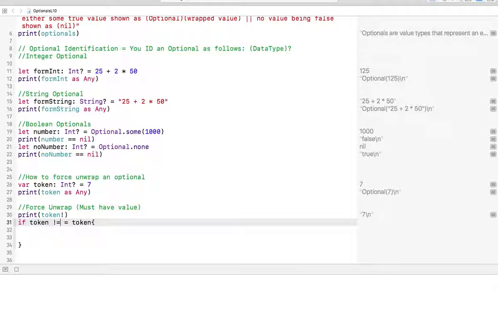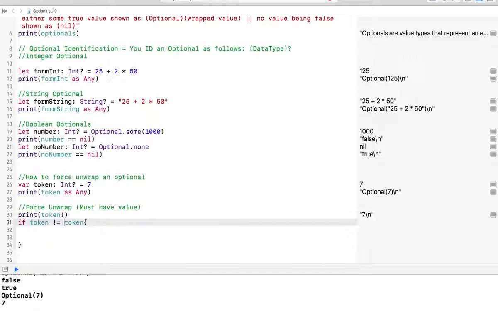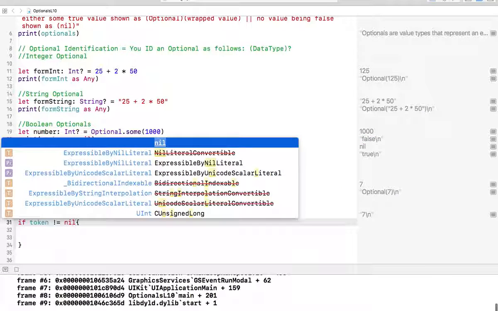Now there are 2 ways to use the exclamation point: to force unwrap, or if you put it in front of the equal sign, or in front of a variable or a data type, you're saying is not. Okay, that's if it's in front. So if token is not nil, empty,